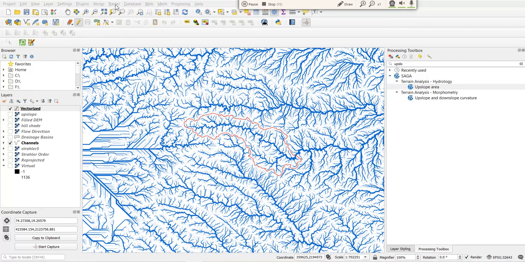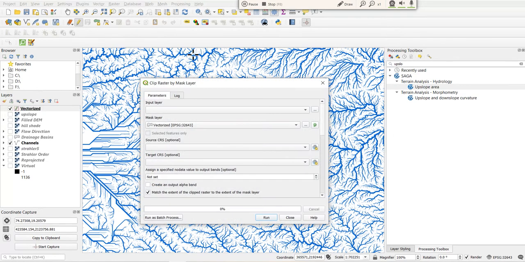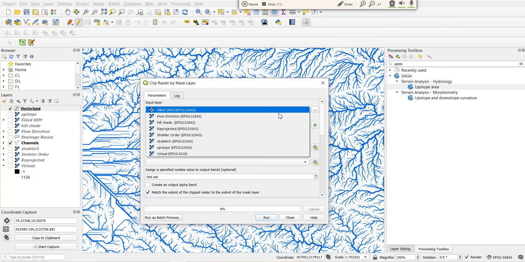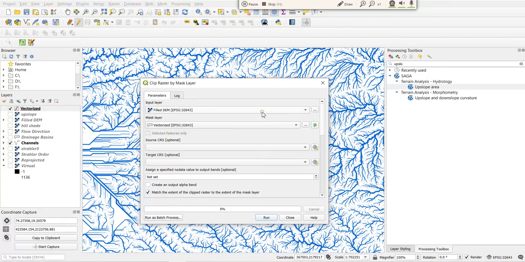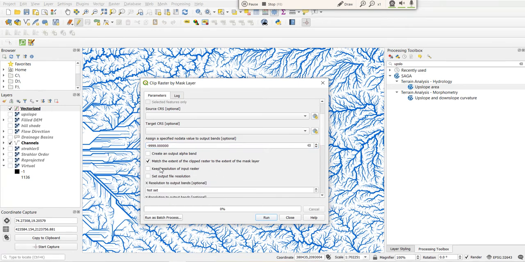So we go to raster, extraction, clip raster by mask layer. We put the input file as our fill DEM, and the mask layer is our vectorized layer, that is only within that catchment. I want all the DEM data within the catchment. Then again I assign the no data value, let's put -999, and match the extent of the clipped raster to the extent of the mask layer.